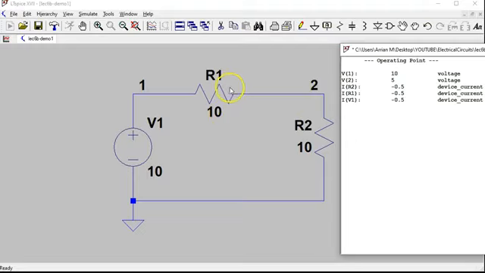So we saw for R1, for example, it was R1 2 1 10. So it's looking at the other terminal. So when it's calculating the current through, it's going to be the opposite direction of the